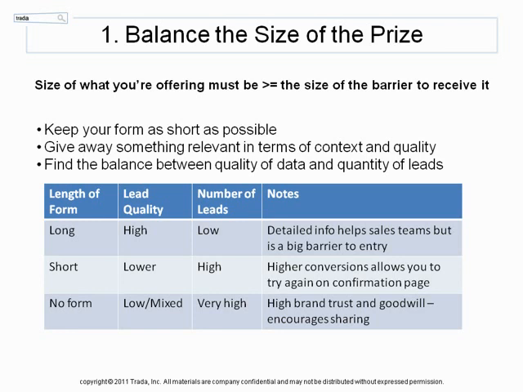So the more information that you ask a prospect up front, you need to make sure that they are getting something in return that's worth their effort. That is, the size of the effort matches the size of the prize. For example, you have a unique ebook with valuable information for a prospect. Then you might ask for a few pieces of information like their name, obviously their email, maybe their phone number. However, if your offer is a monthly industry newsletter, try just asking for an email address. Make that barrier to entry really, really small.